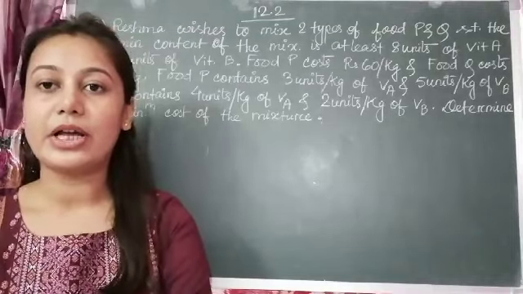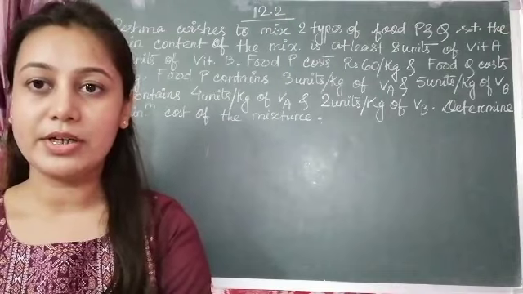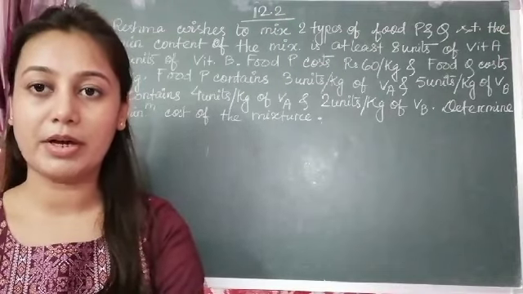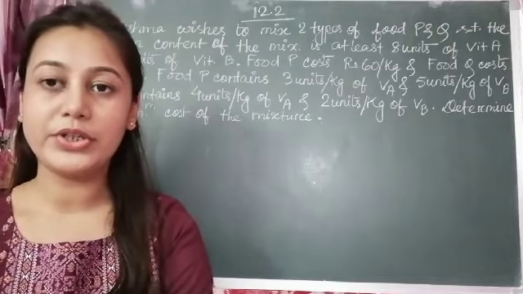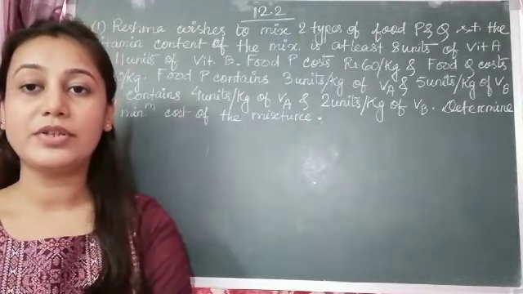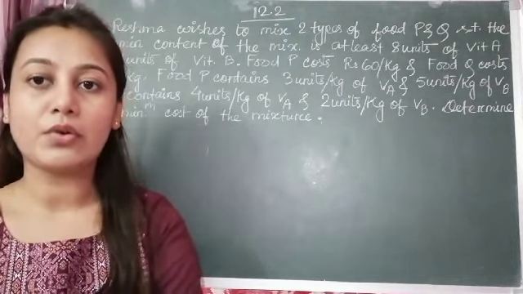Hello students, so in our last class we have discussed how to solve LPP problem, right? We have also discussed the different types of graphs, that is if the feasible region is bounded by few corner points, then how will you find the maximum or minimum value? If it's unbounded, then also few different cases were there, right? So we have discussed all those.